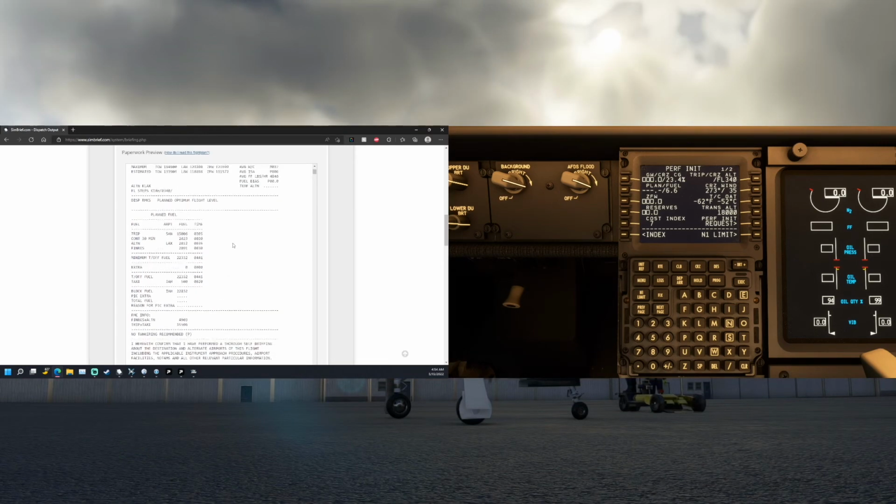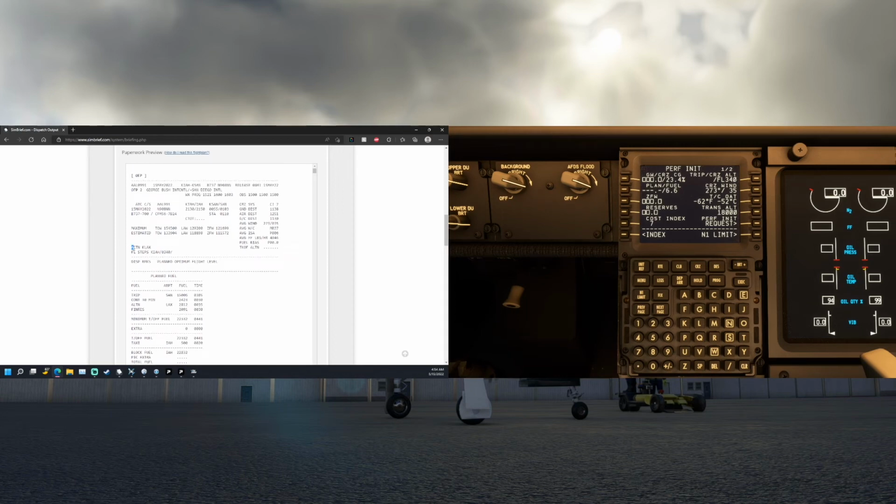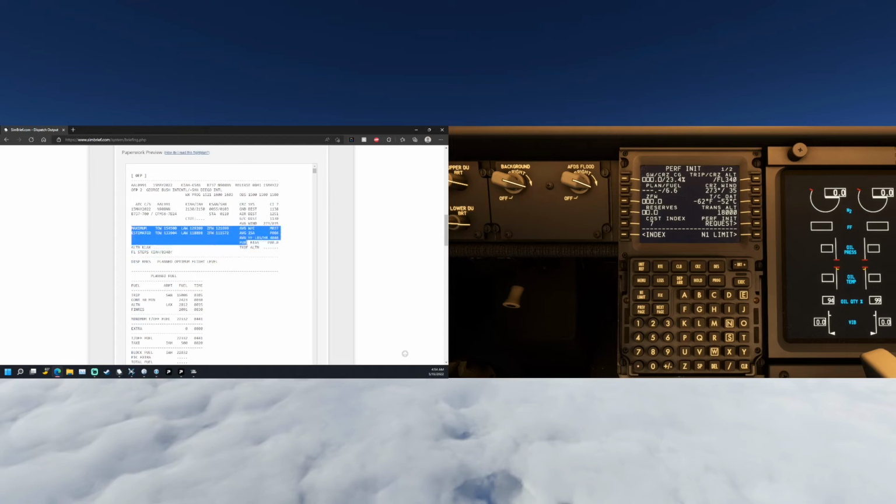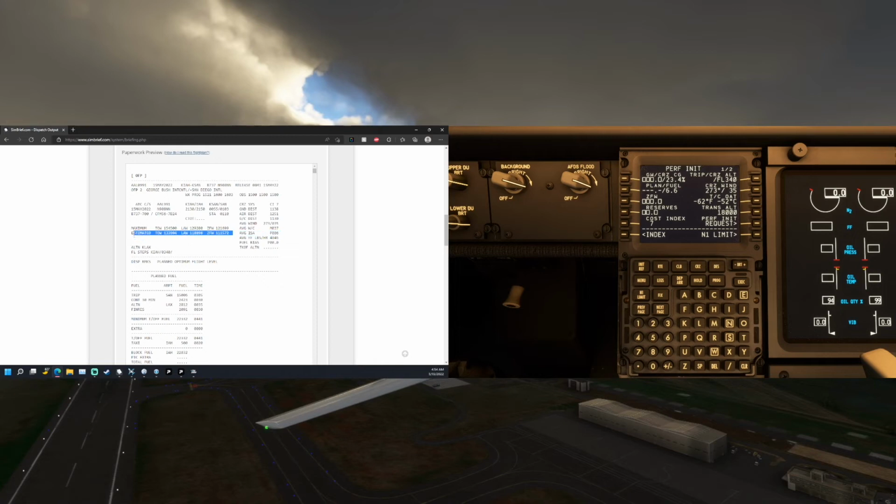So, next, it'll actually give you your alternate information here. And then your estimated weights, or your maximum on the top, right up here, gives you your maximum weights, and then your estimated weights, which we are well below all three numbers. Then, of course, you get your alternate,